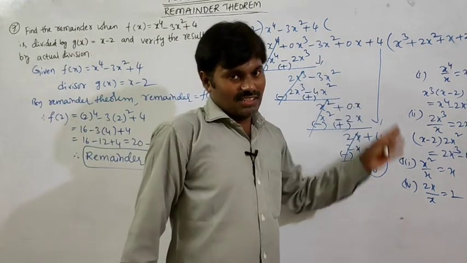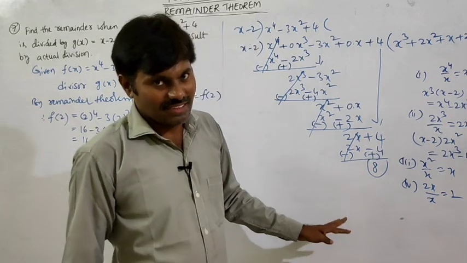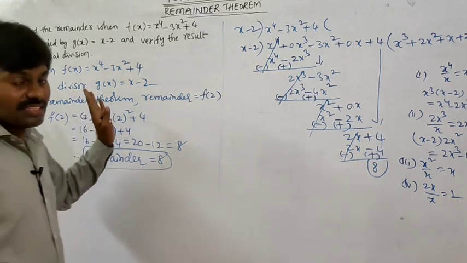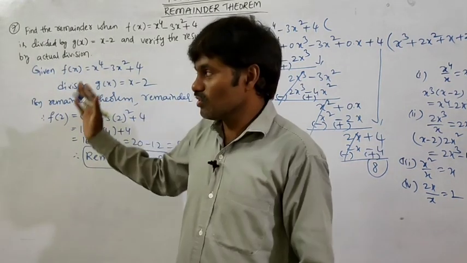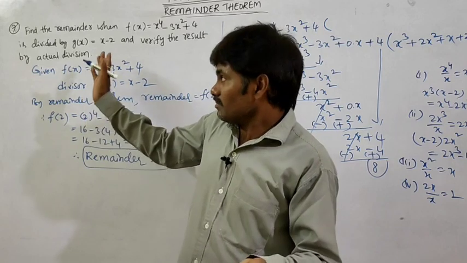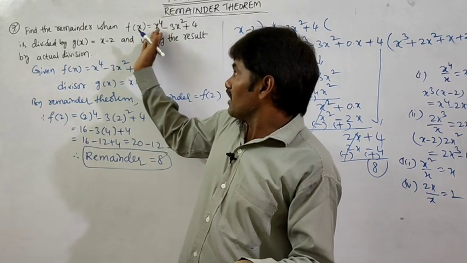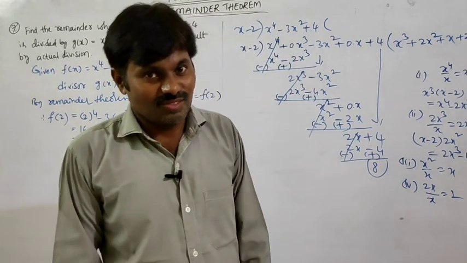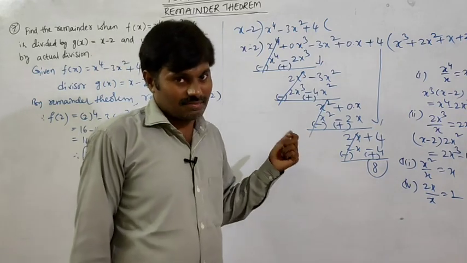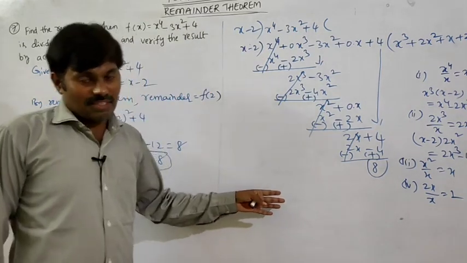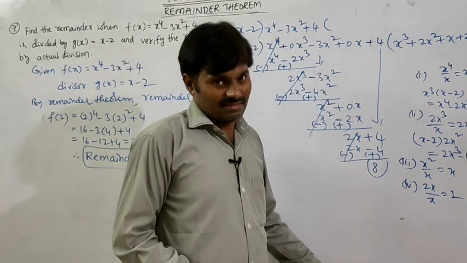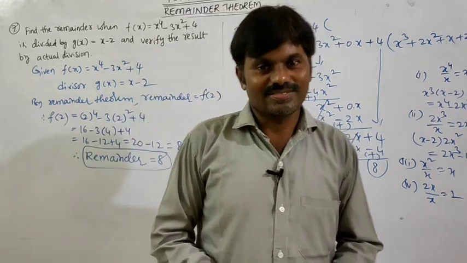See, this much lengthy process you have to do to get the remainder. So which is the easier method to find the remainder? The remainder theorem is easier than the actual division. But it is useful only to find the remainder in the case of dividing a polynomial by a linear polynomial. In other cases, we have to go through this method only. And also, if they ask us to find the quotient, we have to go with the actual division. Okay, is it clear? Thank you.